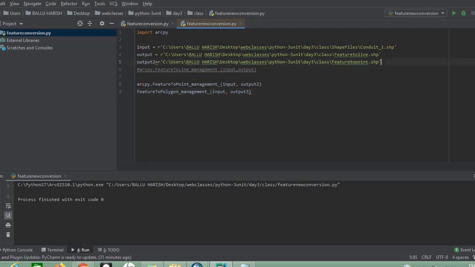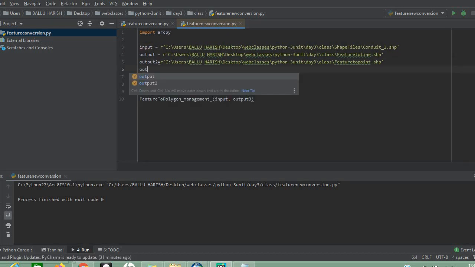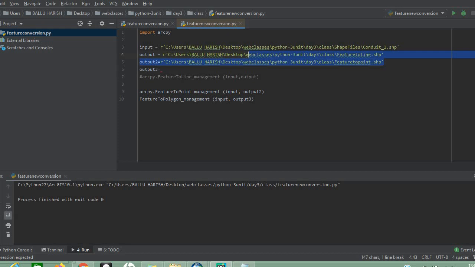Next, output 3 equal to, okay, copy the code, paste it here, and just make it feature to polygon.